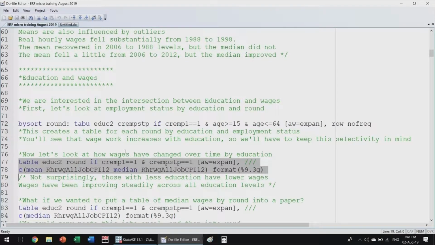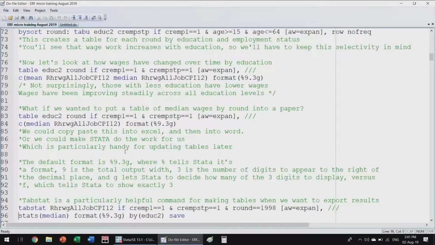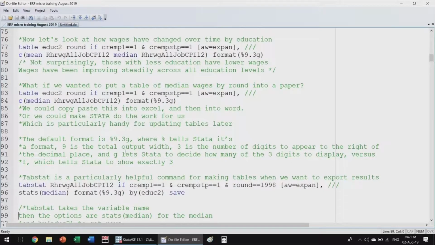Format percentage 9.3G. I'll detail this later. Oh yes. In general, for most of the numbers, the default format is percentage 9.3G, because it tells STATA it's a format. Percentage tells STATA that's the format that I want to have. 9 is the total output width, and 3 is the number of digits to appear to the right of the decimal. So in general, that's the default, but just for your knowledge, to know how we can read it. So if we run this,